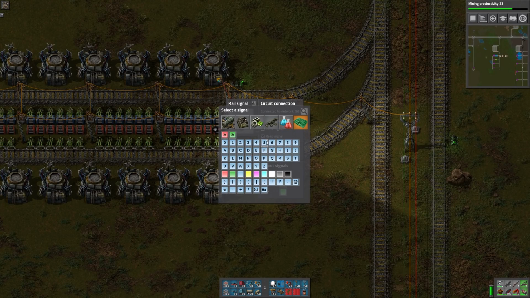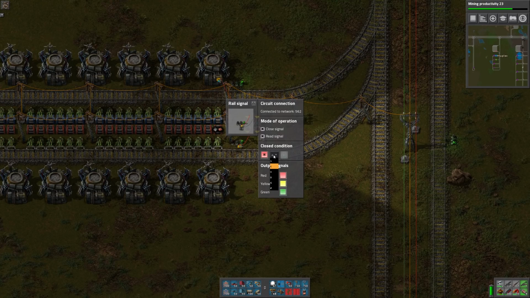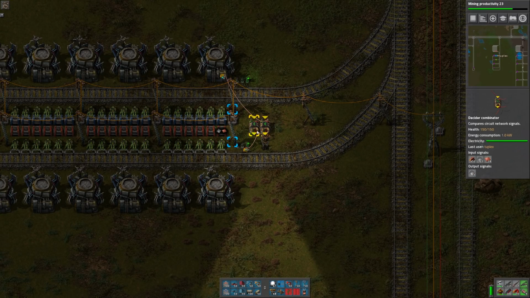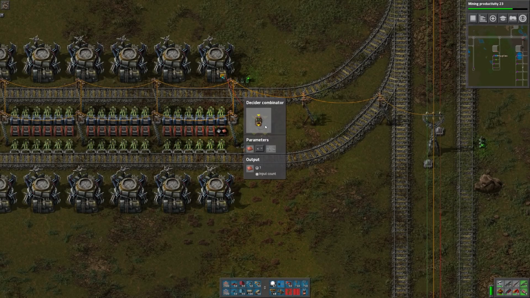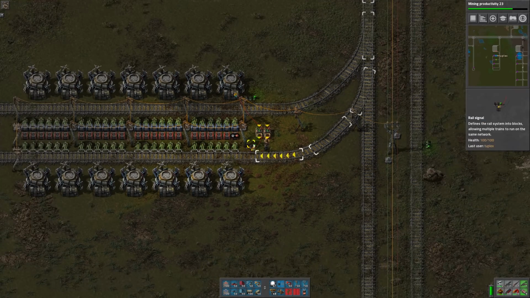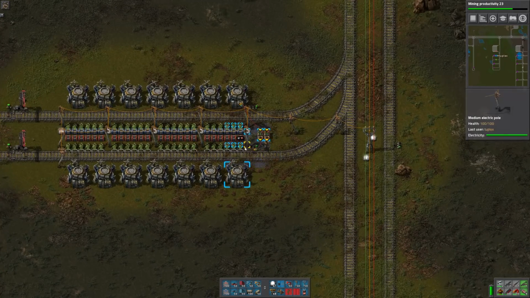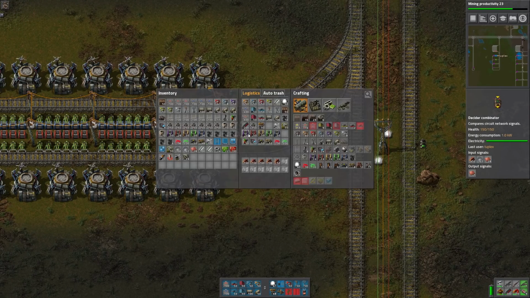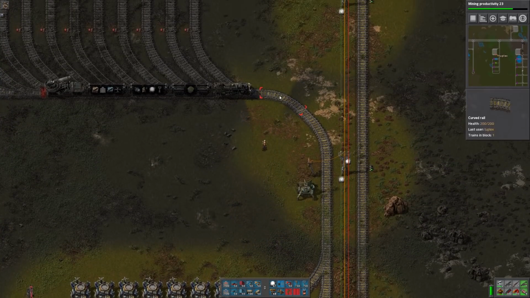So we're going to close this when everything equals 0. Now I should be getting a copper signal too. Why am I not? Oh yeah, I am. Okay, so this is green because right now we need something. So if nothing is needed here, then this signal will turn red. So no trains will be allowed to come in. And then we will also pass these signals down here,